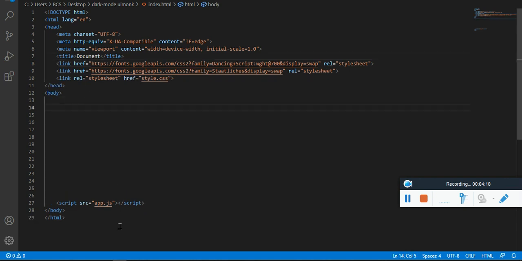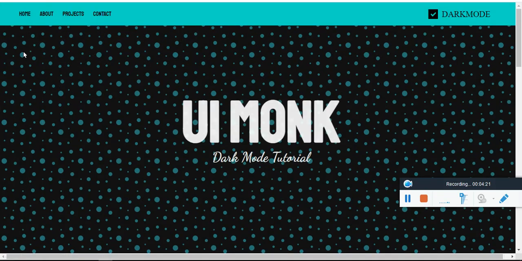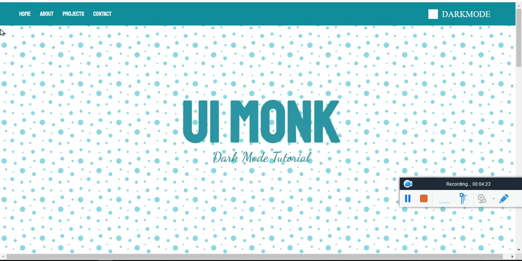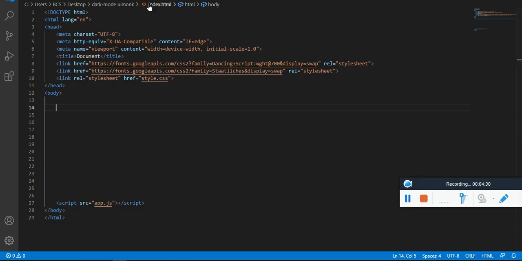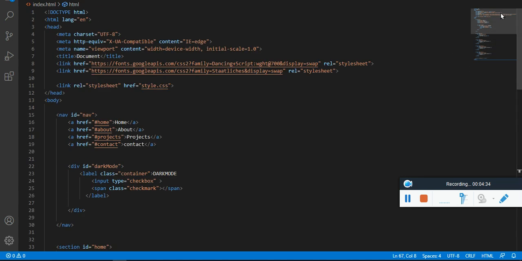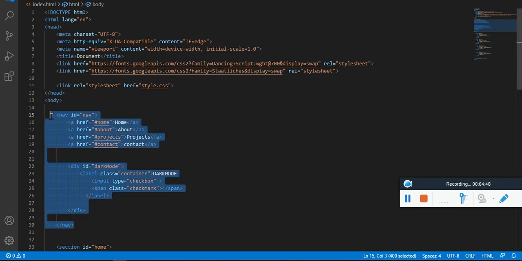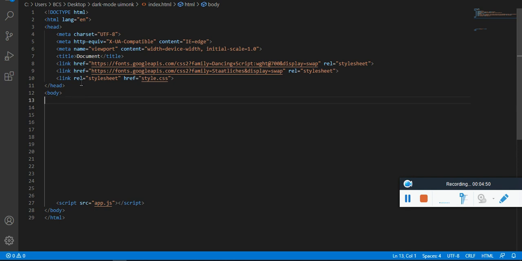Now let's design the navigation bar. To just show you what the navigation bar looks like, we have a div, and inside the div we have a series of anchor tags, and again we have a checkbox. So let me copy paste the code. So we have a div with a series of anchor tags, and then we have a dark mode ID, and I have placed it position absolute so that it comes at the extreme right of the screen. And then we have the checkbox CSS. I'll show you where I took this from.